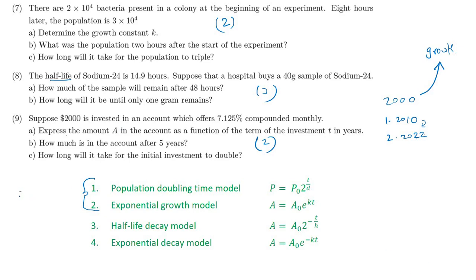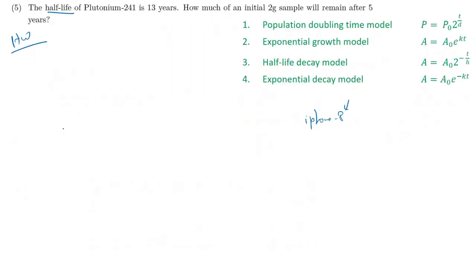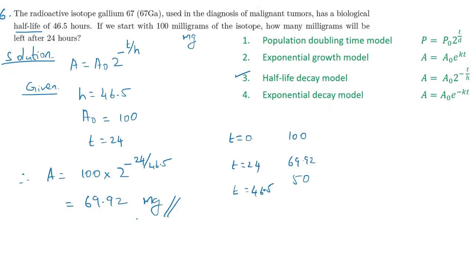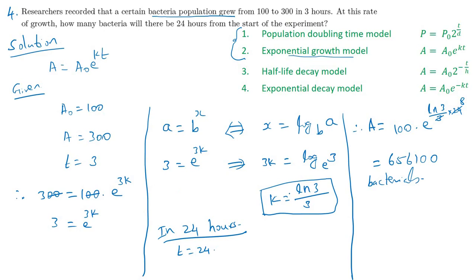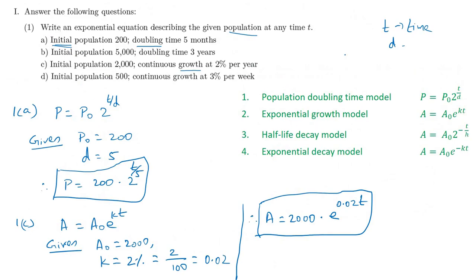So up to this one you can do easily. See, we have only 2 types of problems. One, direct substitution and get the answer. Or before substituting, in between we calculate a value. Only 2 types of problems. For you to understand, I have taken a lot of problems. Don't think there are so many problems. The idea is the same. You want to identify whether it is population growth or population decay. You want to know whether it is double or half. With the help of these things, you can easily remember the formula.